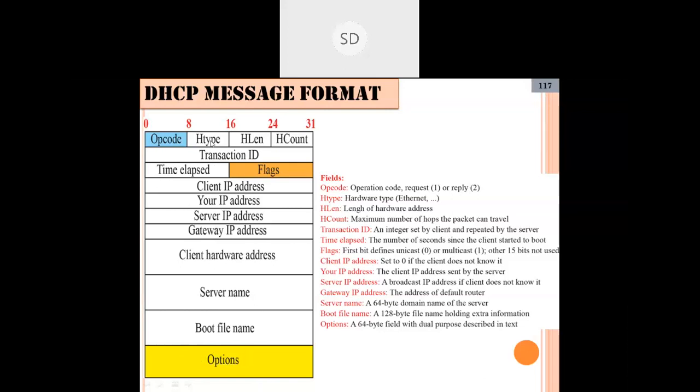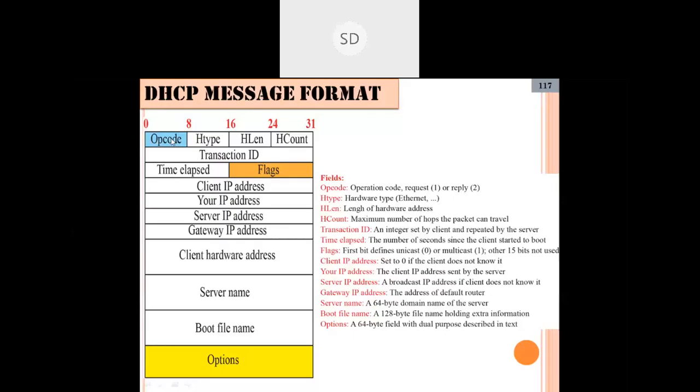There are different types of fields over here, right? The first field we can observe is the opcode. Opcode in the sense that the DHCP client can either send a request or it can reply. So that has to be decided, and that information will be given here in the opcode.